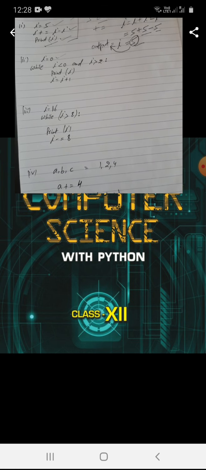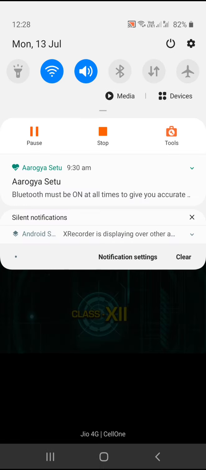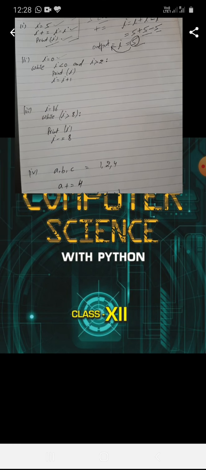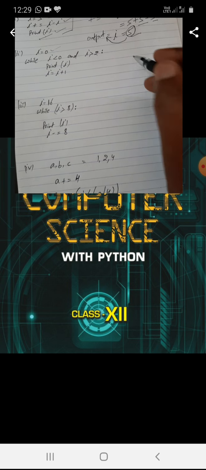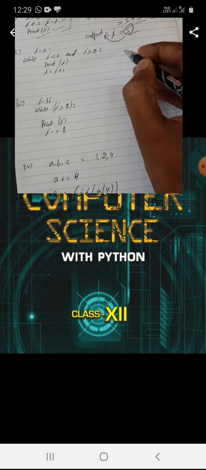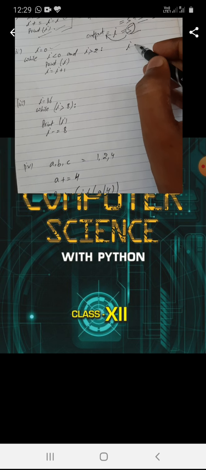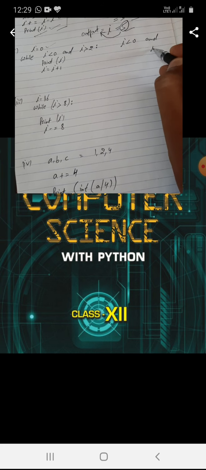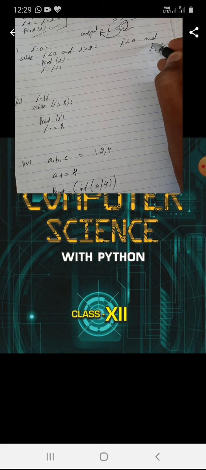In the conditional statement two conditions are there: i is less than 0 and i is greater than 2.